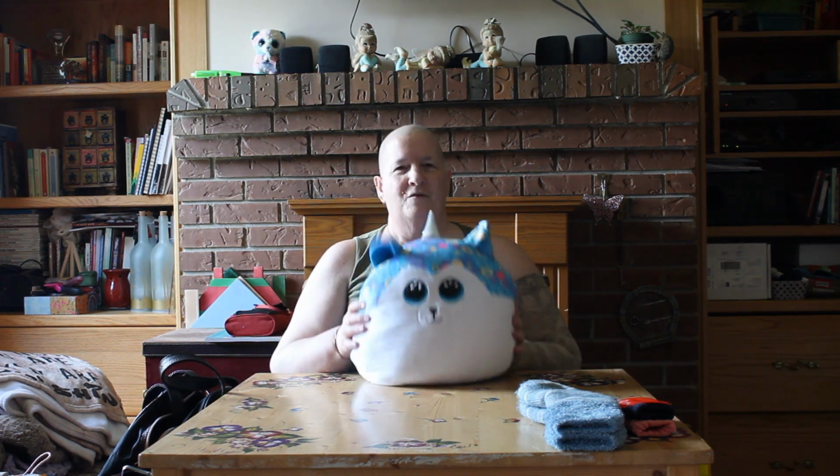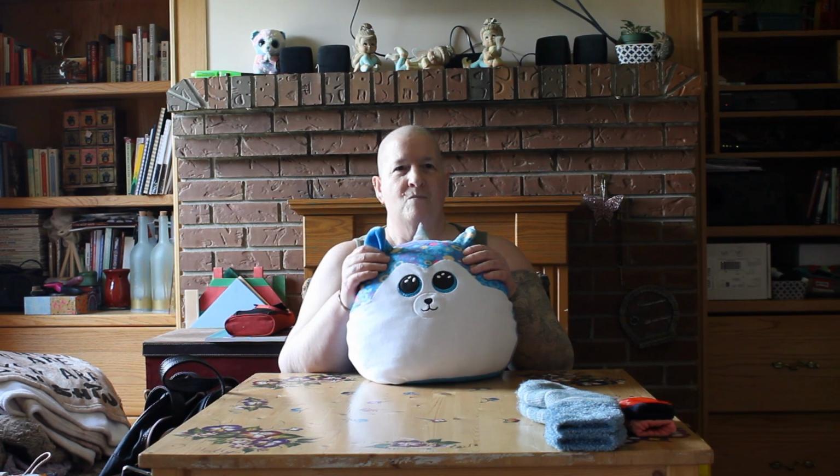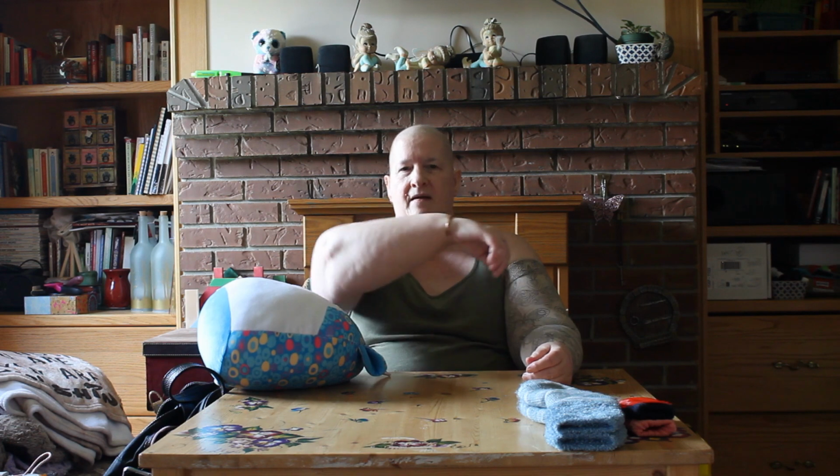Next up is my squishy, my little rainbow Squishmallow unicorn. That one's TY blue. Sorry, TY. Feels the same as the Squishmallow. It's super soft, but when you're getting chemo, if your arm is sitting in a funny way, of any way that's weird, it can stop the solution from going in. So when I would go in, I would just lay my arm on the Squishmallow, help keep it on the TY, would help keep it